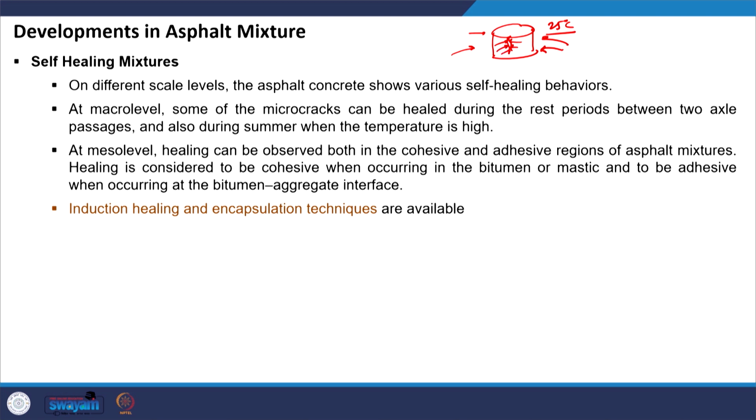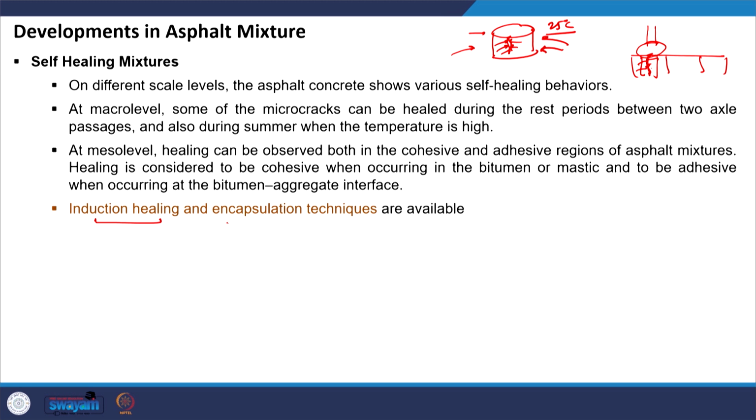So, bitumen in itself has a self-healing capacity, and this capacity can be artificially triggered using various techniques. For example, induction healing is one such technique. In the pavement, if there is some minor crack, you take the induction heating machine to the site and heat this location. Once you heat, the bitumen will start to flow and occupy the space,